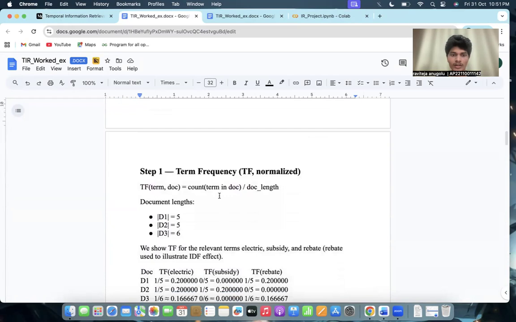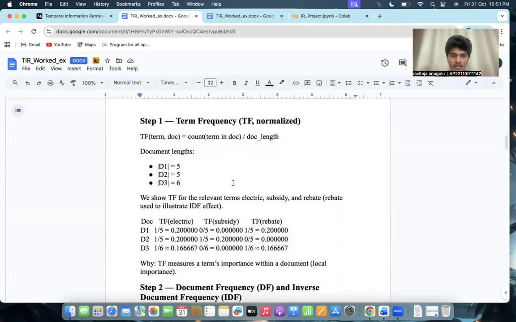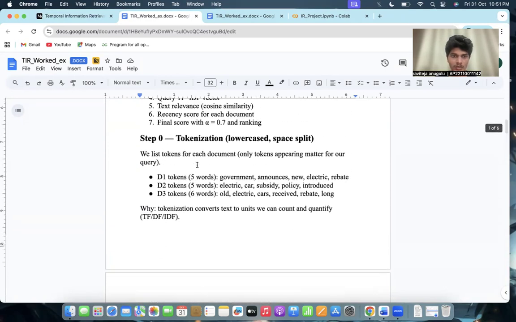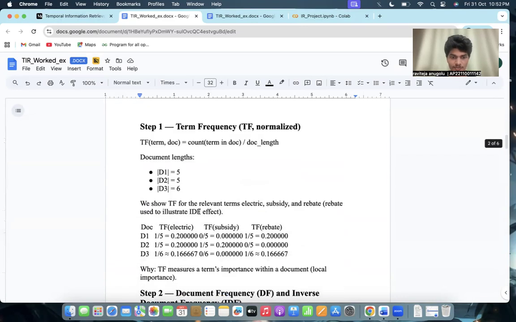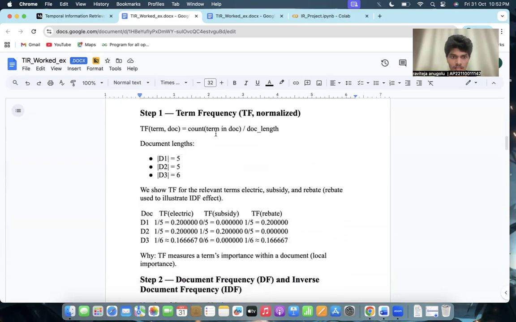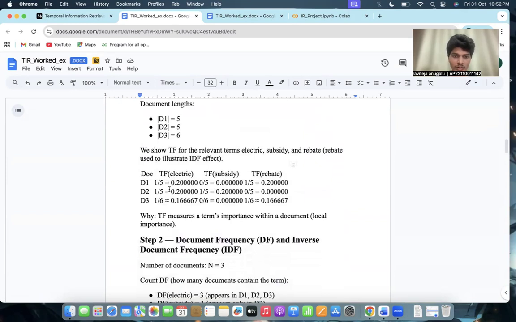Moving on to the next step, we will calculate the term frequency with the formula: the count of the term in the document divided by the document length. Here the document length is calculated above. The length of document 1 is 5, document 2 is 5, and document 3 is 6. Using the formula,